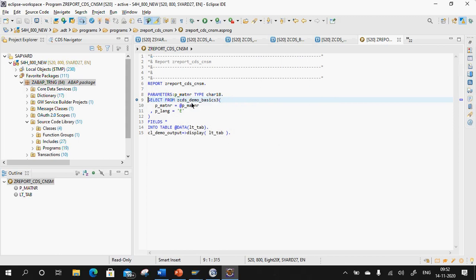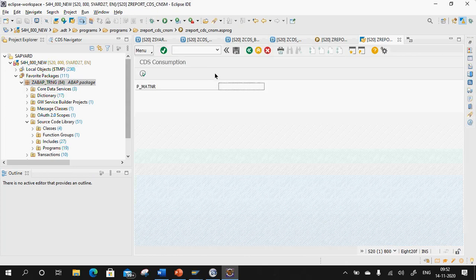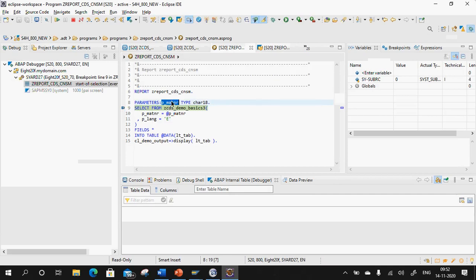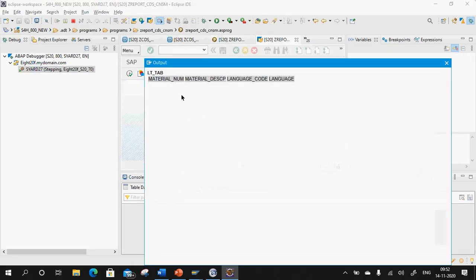And once I put a breakpoint here, I'll now execute the same. I'll give 21 here and execute. Once I execute, let us go to the debugger. Now in p_matnr, can you see this is just showing the value as 21? Now if I do an F8, you will not get any output.